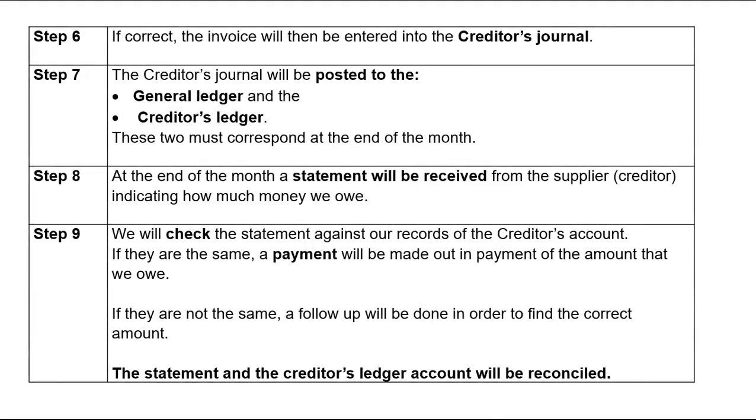If correct, the invoice will then be entered in the creditor's journal. Okay, so in this case, that's us buying on credit. Obviously, there's no payment made. Payment will be made later on. The creditor's journal will be posted to the